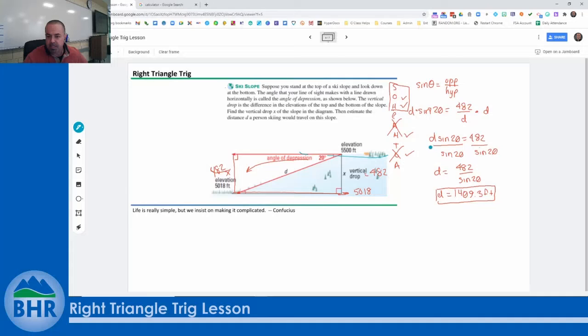So, picking up from here, 0.3420 times D is equal to 482. Now hopefully you can see that makes a little more sense of like, oh, hey, we divided because it's 0.342 times D. So I'm going to divide this by 0.3420, and I'm going to divide this by 0.3420, and D is equal to